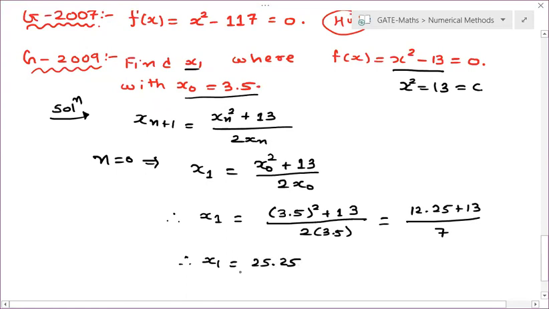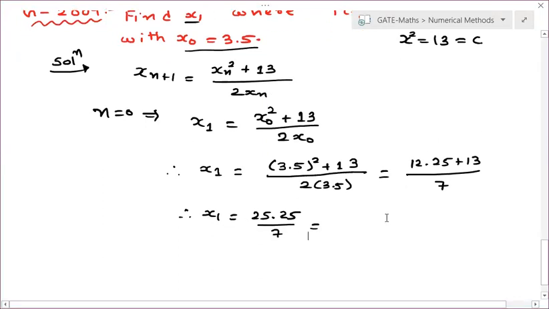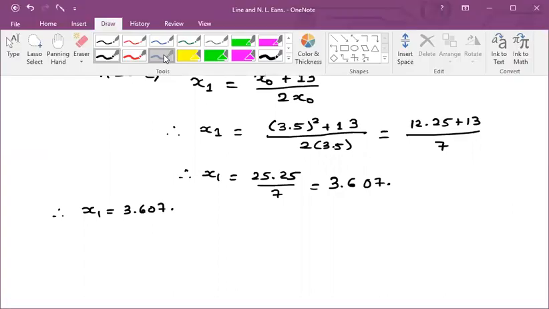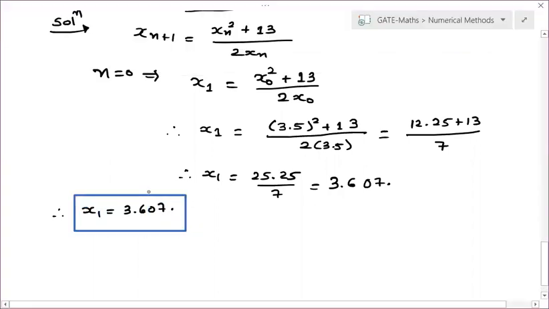25.25 by 7. Now if you find this from your calculator, have you downloaded that app, right? उसको आप practice कर रहे हो. 3.607, right? Just download that app, students. Okay, so this is your final answer, right? So are you understanding the new models, right? With each and every question we are learning new models, that which type of question they can give you. Okay, now let us see one more question of GATE 1995.